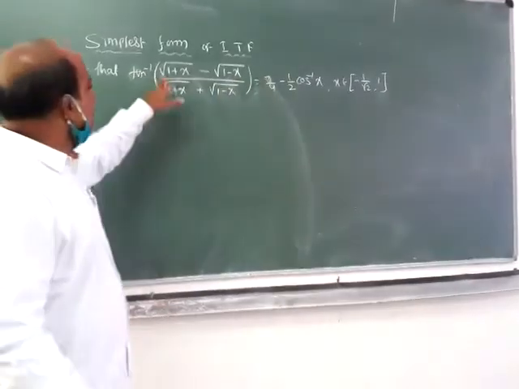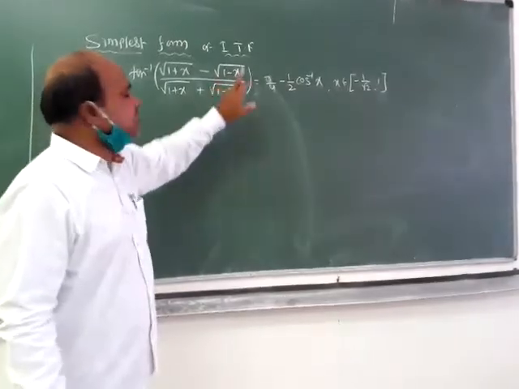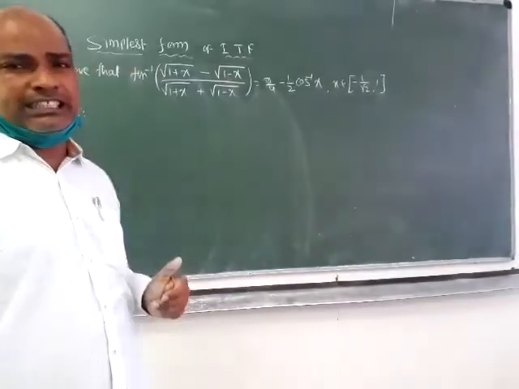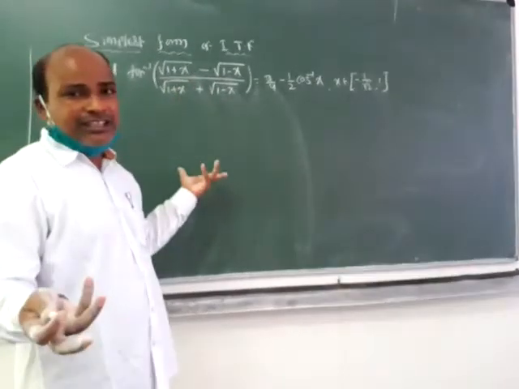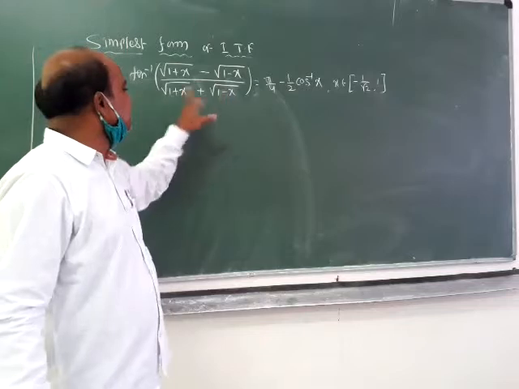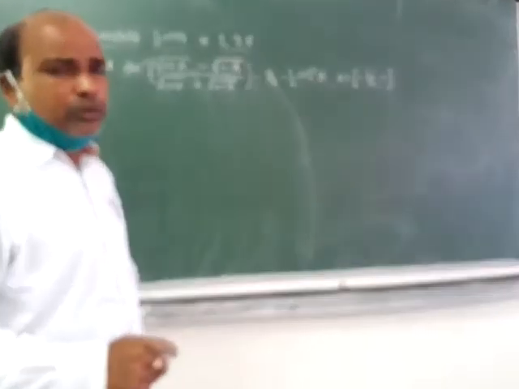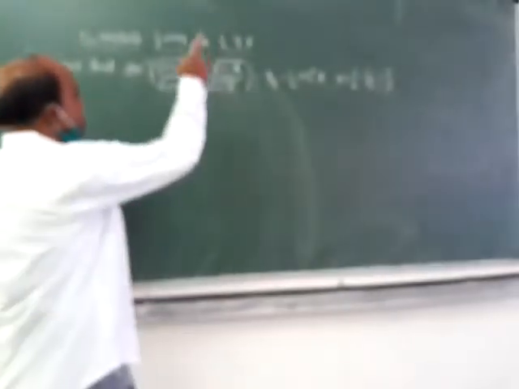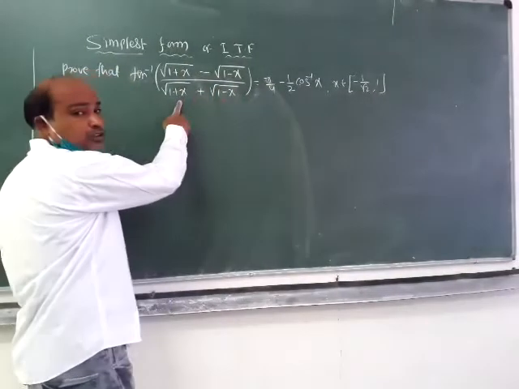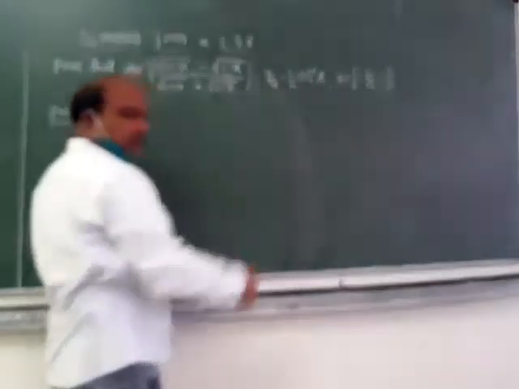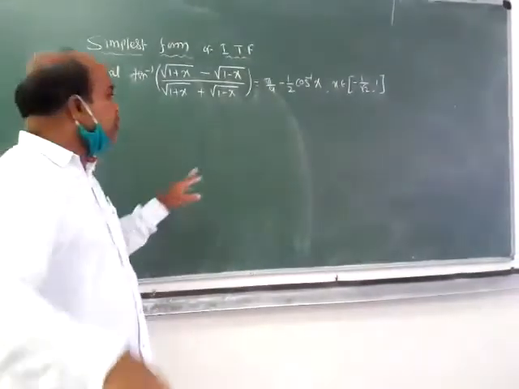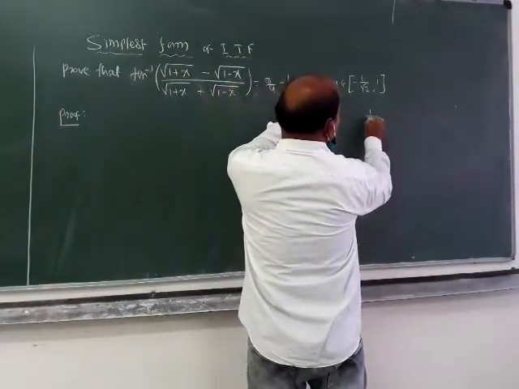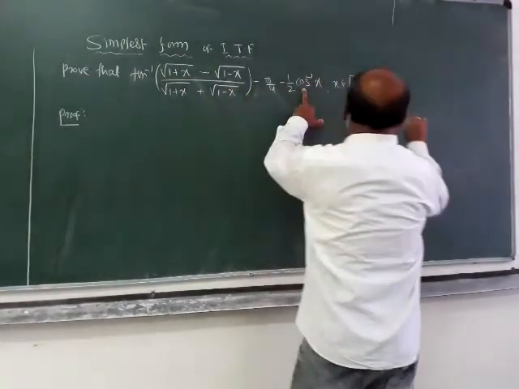Before, I told you, if 1 plus x square or 1 minus x square, then substitute x is equal to tan theta or x is equal to sin theta. But in this case, never. Why? Only x is there. So then what do you substitute here? Very simple method I will say. Look, in place of x, what you substitute, go to the RHS. In the RHS, what trigonometric function is there? The trigonometric function is 1 by 2 cos inverse x.